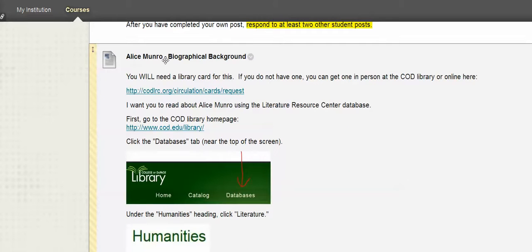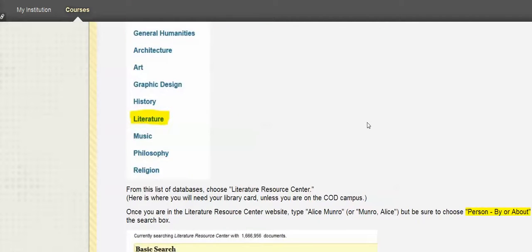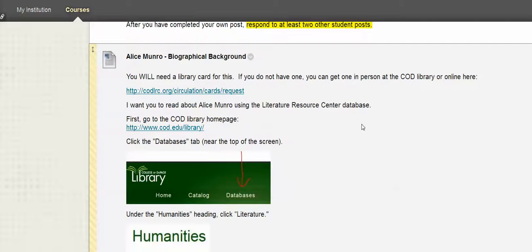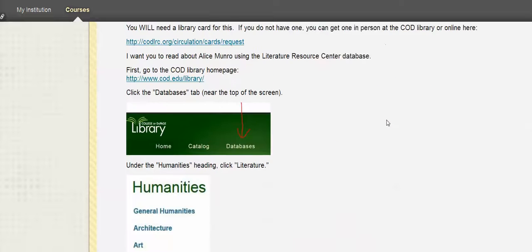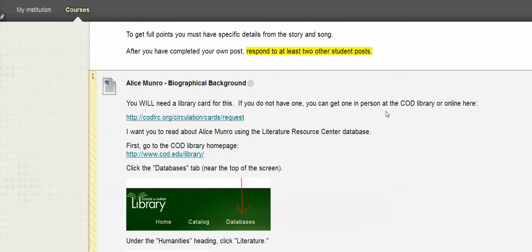There's a really brief little library quiz, I guess, that I'm providing to you. The only purpose of it is to make sure you have a working library card. The purpose of that is because our essays will require that you do research from the databases, and many of you might be doing that from off campus, and if you do so, you'll need an active, valid library card to access the databases. If you're on campus, you can do it without having to